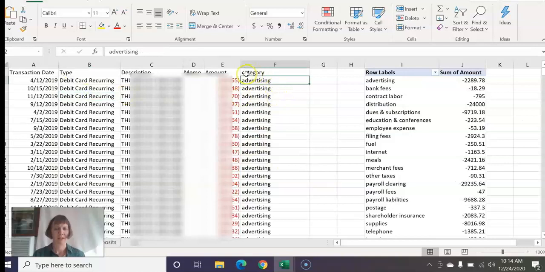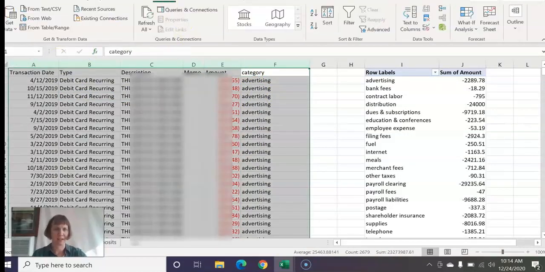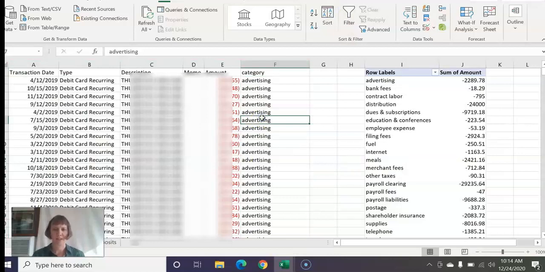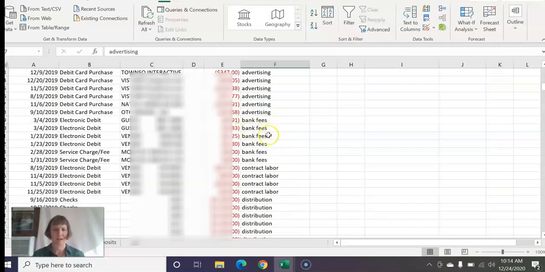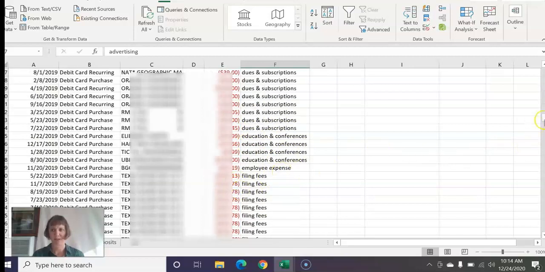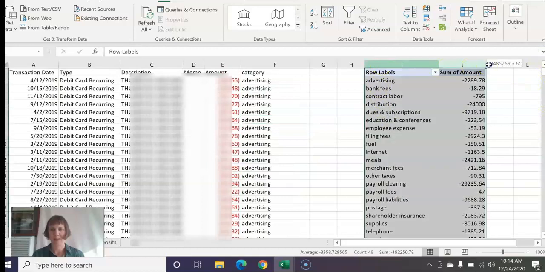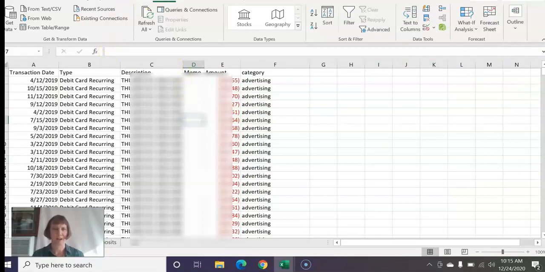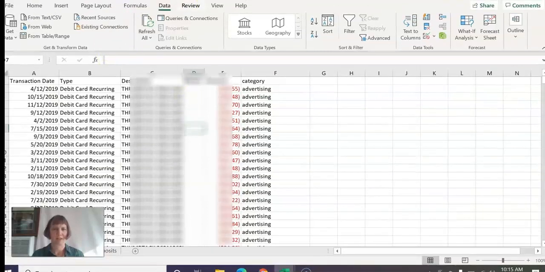So I've sorted, I did all the categories, and then I did a data sort, my data has headers, category. So now all of my advertising is together, all of my bank fees are together, all of my contract labor, distribution, dues and subscriptions. I've already done my pivot table, but I'm going to delete it so that you can see the process. I go to, let's see, so you can see data, and again, you just need to select one cell in your data